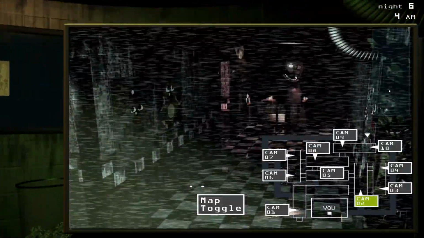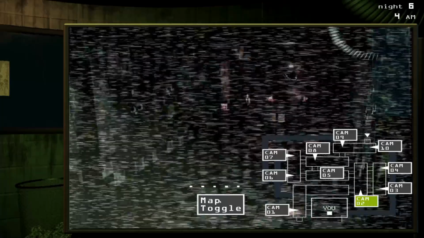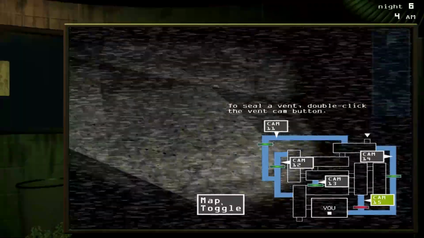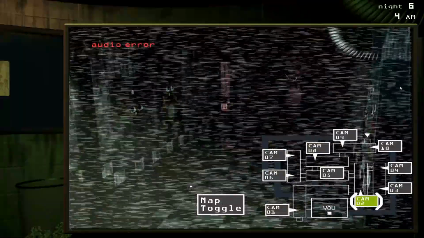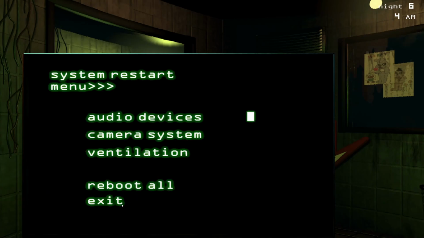Now, how exactly is this better than the standard strategy? After all, aren't you just trying to keep Springtrap contained in a room much closer to you? Well, let me know if this sounds familiar. You lure Springtrap to cam 10 and go to reboot. You have Cam 14 sealed, and really, what are the chances of him going through Cam 11 before you finish